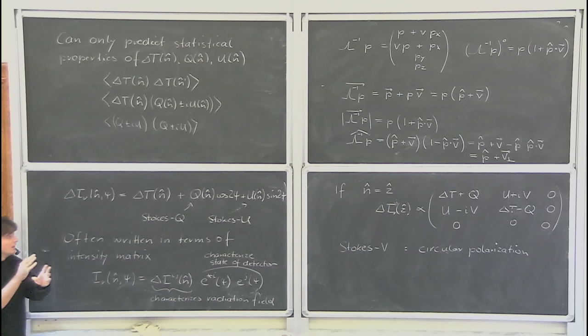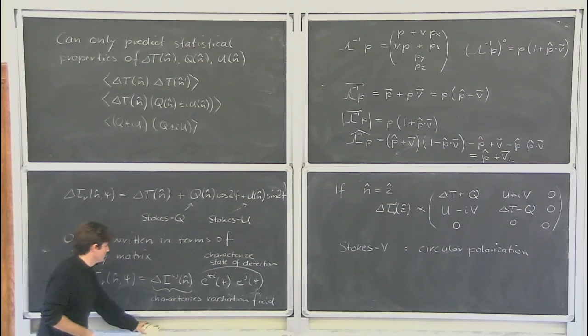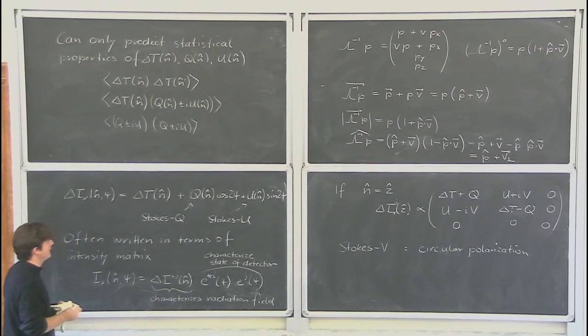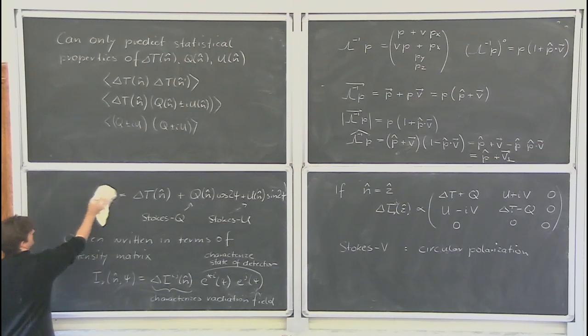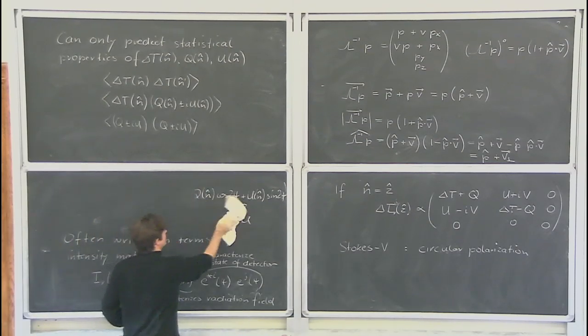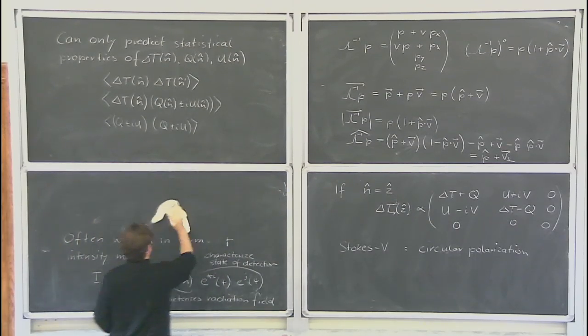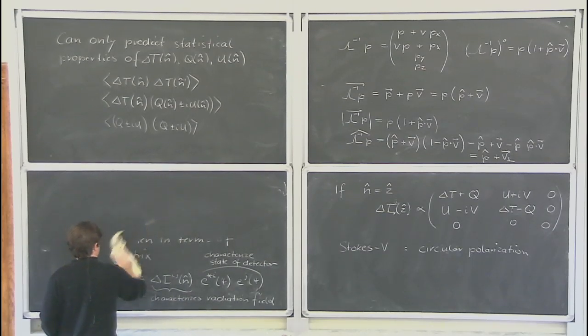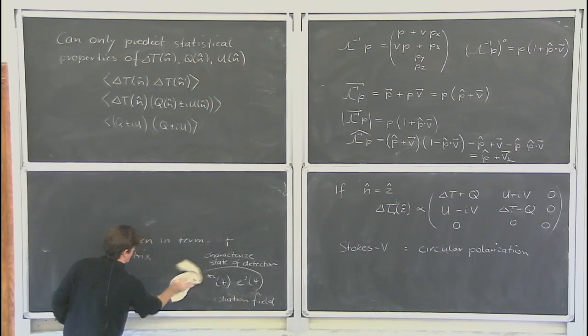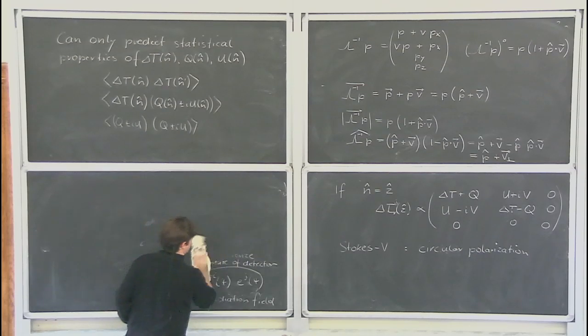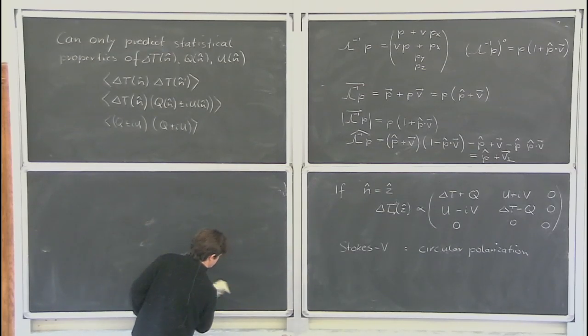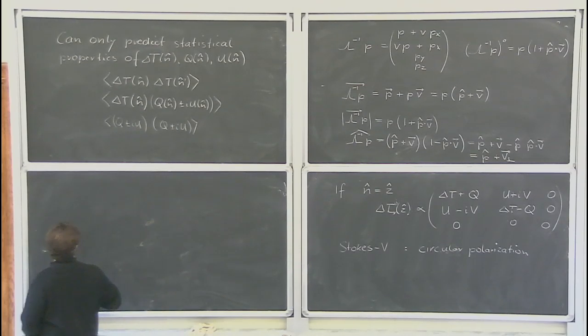They're not diagonal in any way as a function of the angle. So there are correlations, and the plots are kind of hard to interpret. So it's not something that's used. Instead of working with the maps of T, Q, and U, instead, we work